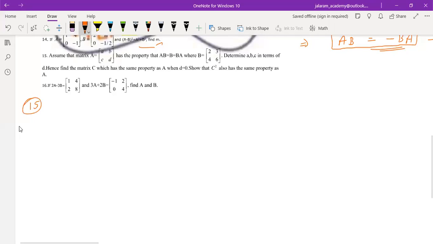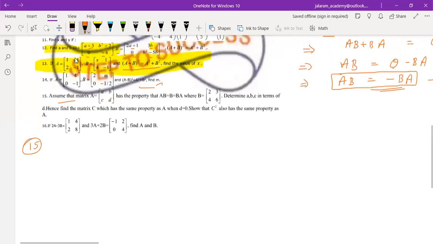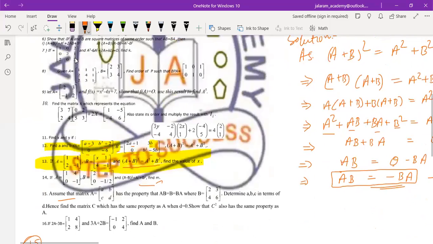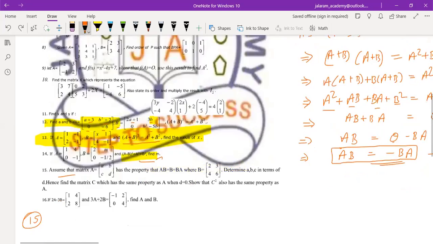Question number 15 is also a doubt. And the other questions of this assignment can be solved with the methods which we have discussed for question number 13. They all are almost giving AB equals to minus BA if we simplify them, like question number 12, which we have discussed. So in question number 15,